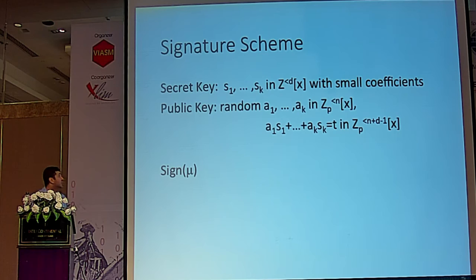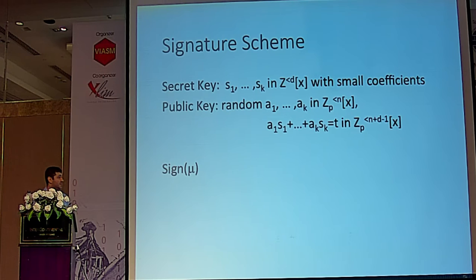from lattices. So the secret key is a bunch of vectors with small degree, not too small degree, and small coefficients. The public key is random vectors of a slightly larger degree in ZPX, and there's this other part, the sum of the product of these vectors, T, in this thing. The important thing is, because we're using an Okamoto-style proof, that there exists another S1 through SK prime that equals T as well, with the sum of products with A equal to T. And so basically we will extract that from the adversary.